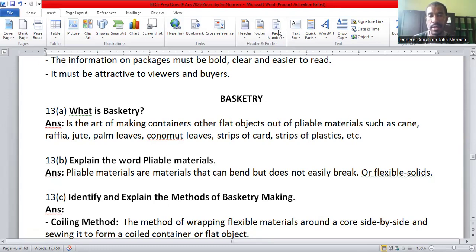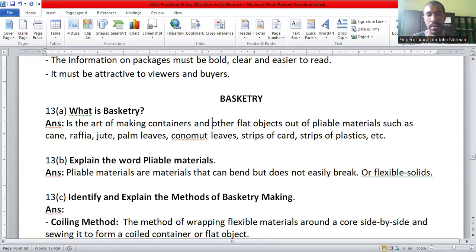Good day once again. We are on our next lesson, which is on basketry. The question is, what is basketry? Basketry is the art of making containers and other flat objects out of pliable materials such as cane, raffia, jute, palm leaves,